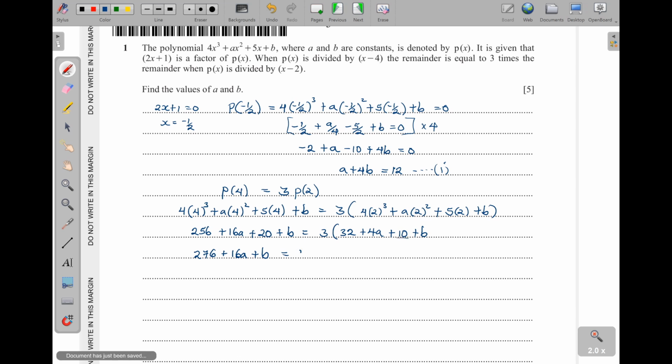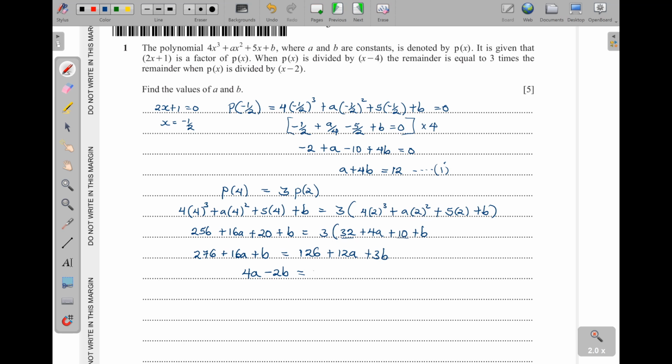This is 10 plus 32, that is 42. So times 3, we shall get 126. And then 4a times 3, that is 12a, and then plus 3b. So I can rearrange this, bring the 12 to the other side. So 16 minus 12, you will get 4a. And then b minus 3b, you'll get minus 2b, which is going to be equal to 126 minus